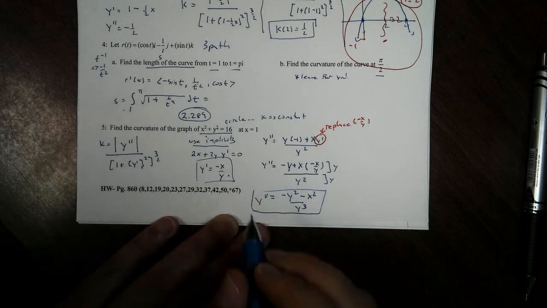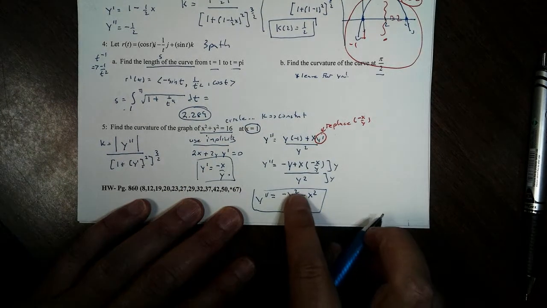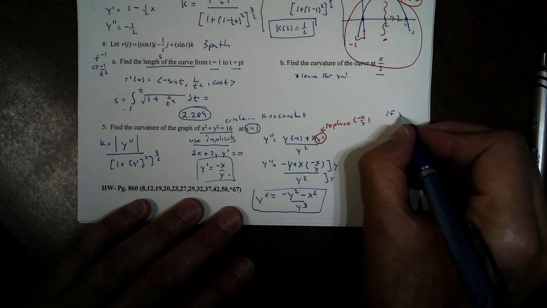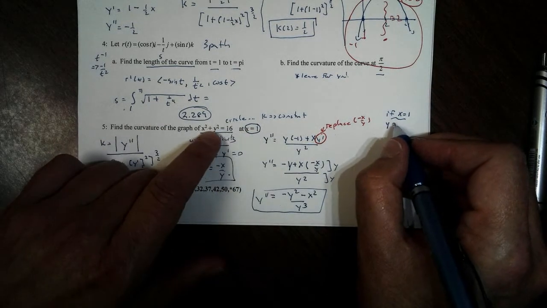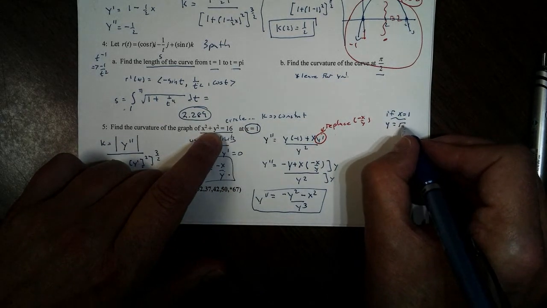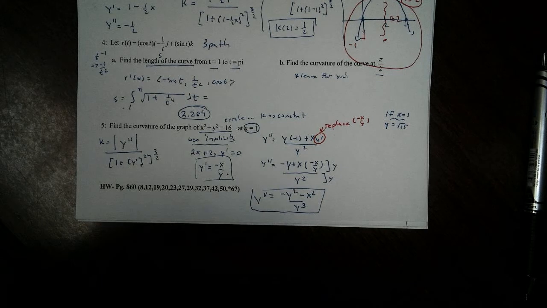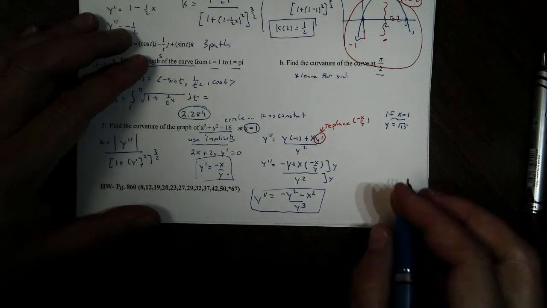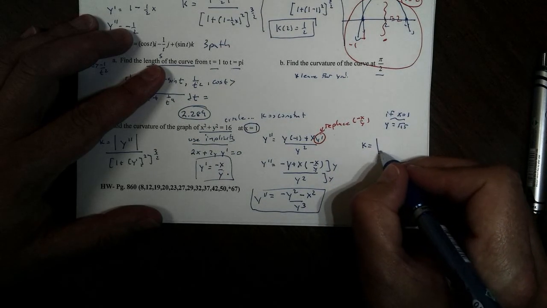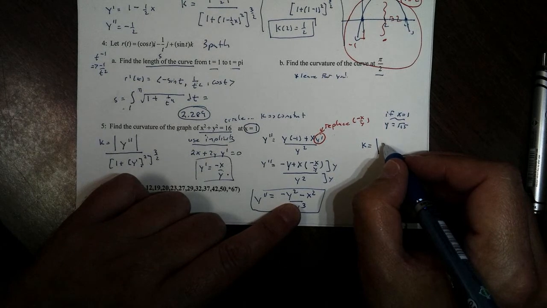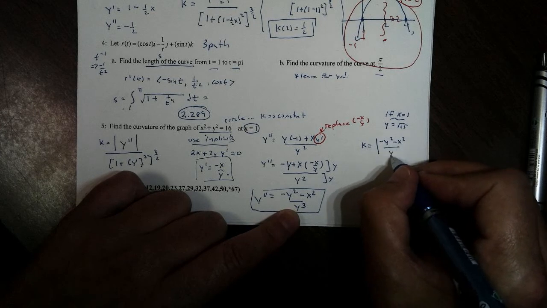So we have our first derivative and we have our second derivative. And we're plugging it in at x equals 1. So obviously I'm going to need a y value here. If x is 1, I get y is equal to the square root of 15. Now we get plus or minus, but remember we're going to take the magnitude of it anyway, so we're cool. So to get kappa, we're going to take the magnitude of our second derivative, which is this negative y squared minus x squared over y cubed,